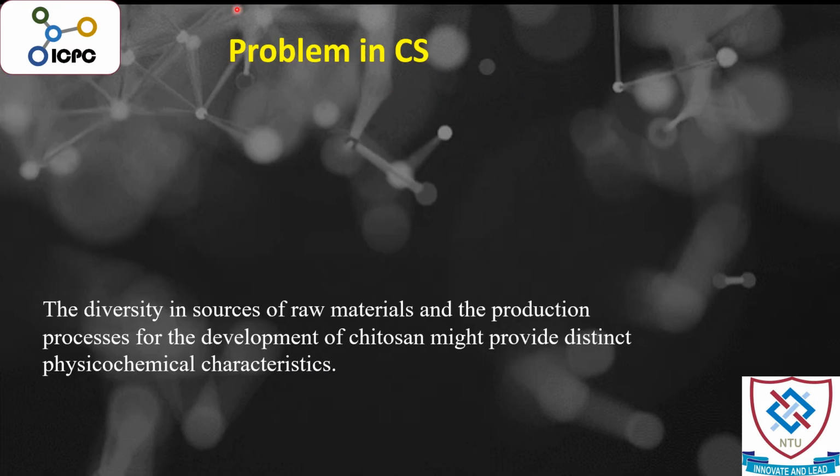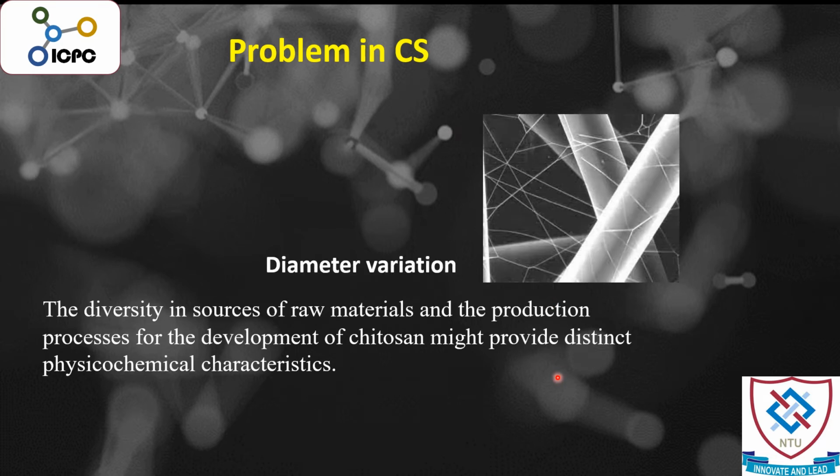However, it is not easy. There are various problems in producing nanofibers of chitosan. For example, they are diverse in their source of raw material. Chitosan from one source is completely different from another source, and it varies from region to region as well. So we can say that whenever we talk about biopolymers, there is a diverse range of molecular weight, purity, and other properties that could influence the reproducibility of the results. So for example, you can see that these are the nanofibers produced from two different origins